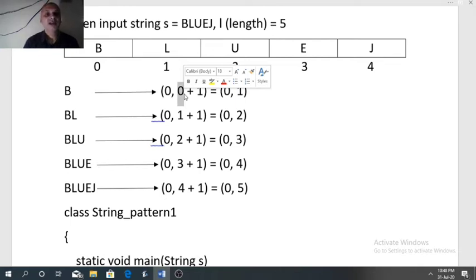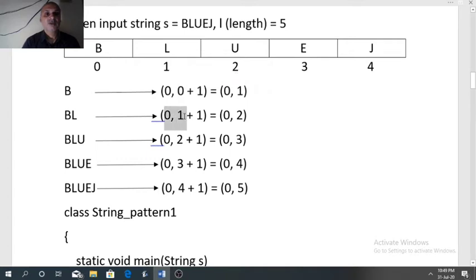So write in a bracket both the indexes, the start index of the letter and the last index of the letter that we are going to print. So 0, 0. Do it for every row. In the second row we have two letters, B and L. So the start index is 0 and the last index is 1.